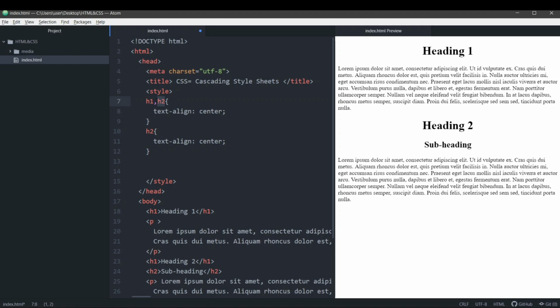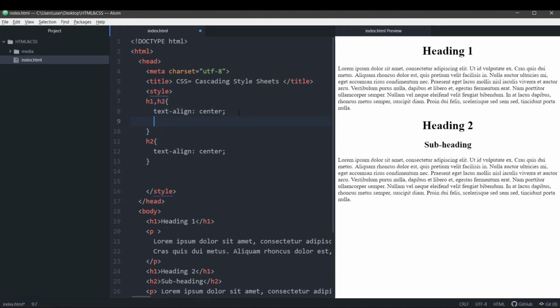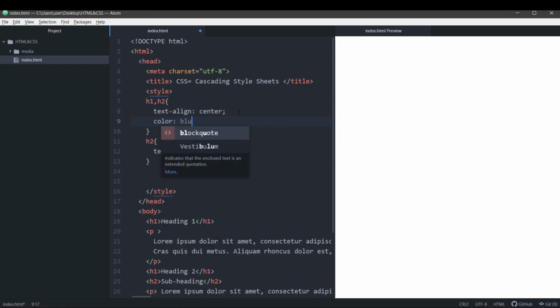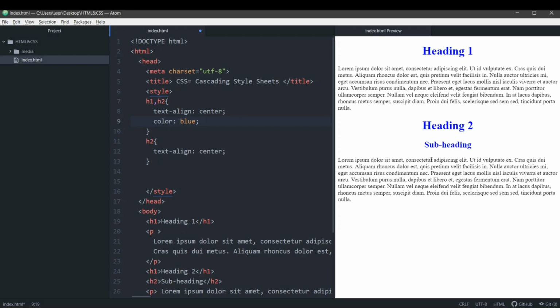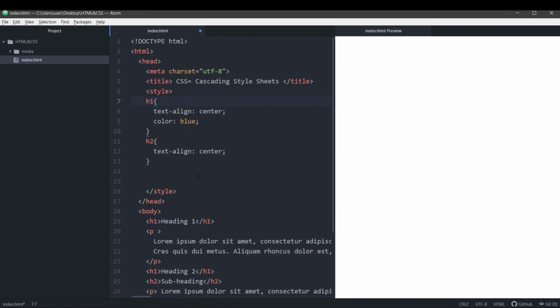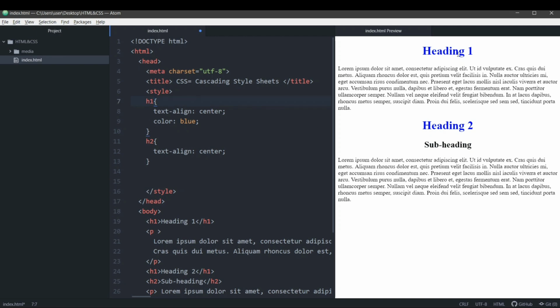Now suppose I added a color. Let's add a color, and I'll give this h1 color blue. I only want these headings to appear blue. I don't want the subheadings to appear blue. Okay, I want a different color for the subheading. But as we have added h2 here, the same styling that we apply to this h1 tag will also be applied to this h2 tag. So the better way to do that is just write them separately. Now you can see that the heading has color of blue and h2 has a color of black.